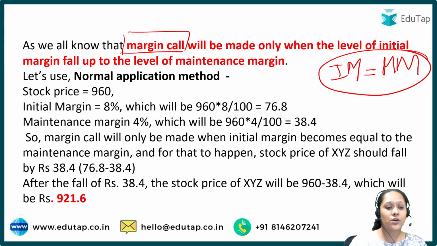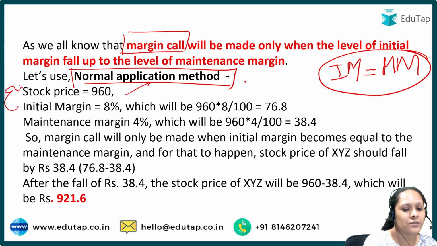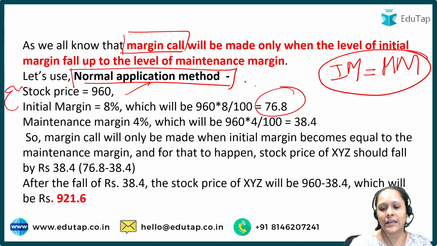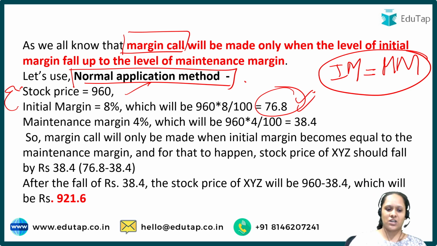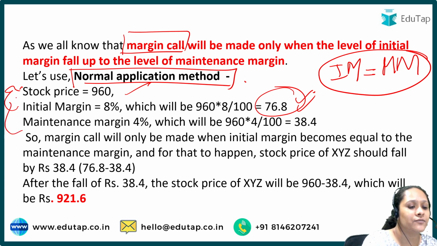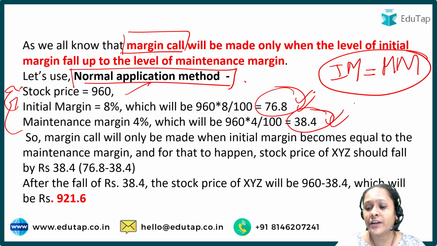एंड देयर आर टू ways to solve this. We'll solve this using normal application method, wherein the stock price given is 960. Now initial margin is 8% of the stock price, which turns out to be 76.8. मतलब initially the buyer and the seller has to deposit 76.8 rupees with the exchange. Now what is maintenance margin? Maintenance margin is again 4% of the stock price in the given case. Now this will turn out to be 38.4 rupees, which means जब आपके अकाउंट में पैसा 38.4 से कम हो जाएगा